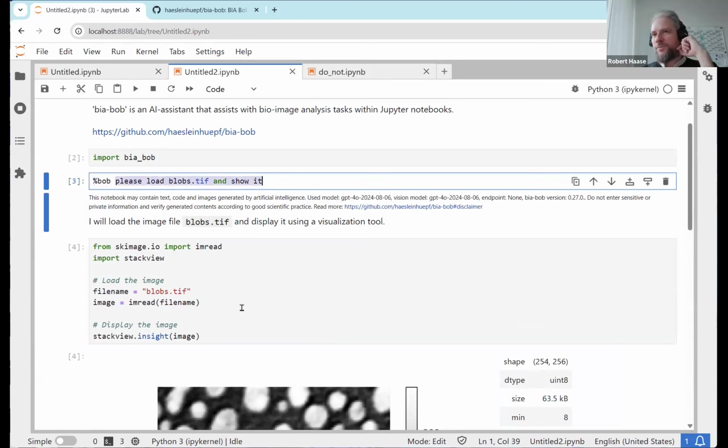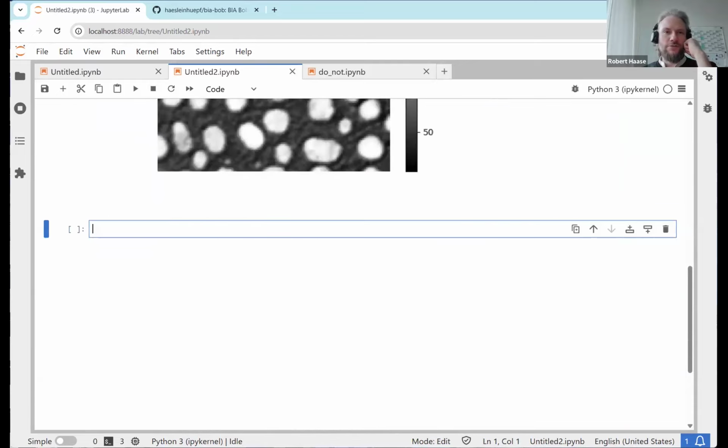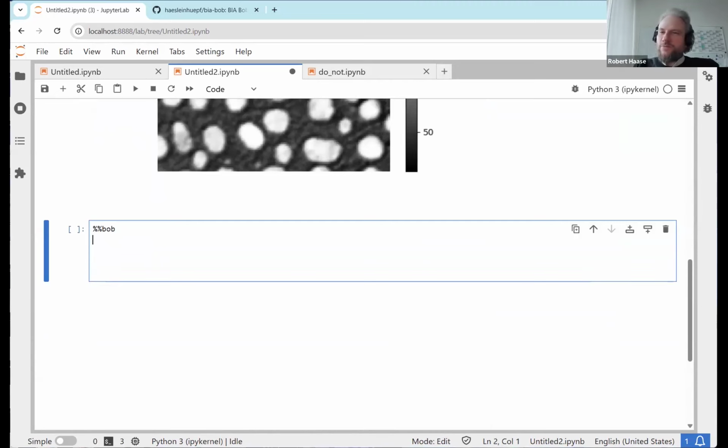If I want to ask Bob for multiple things, and that's what I'm going to do next, I have to write double percentage Bob, and then I can write multiple lines of code. It might be particularly useful if you want to do multiple things. I would love to change that, but it is actually something that has been there before. That's a Jupyter-specific thing, and the community is used to it. Okay, so please